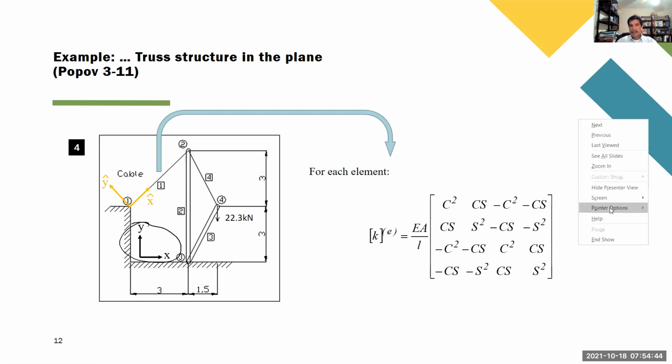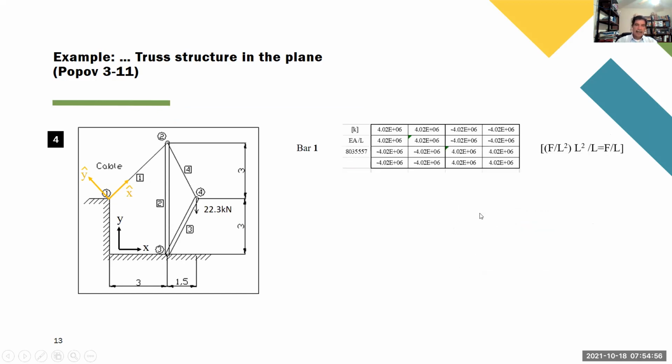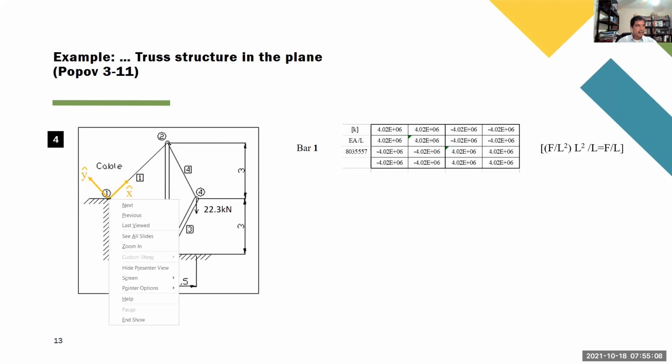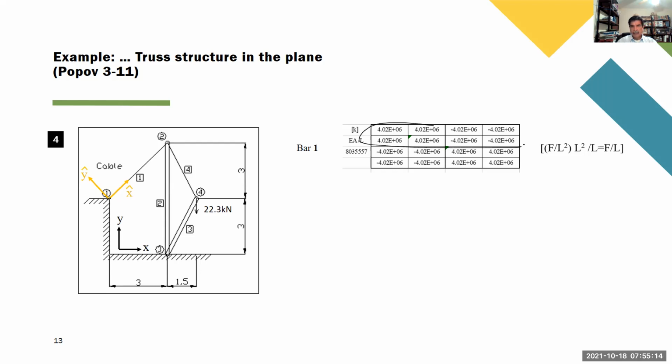Now here, when you see a big C or a big S, what we mean is that it's the cosine or the sine. But I wanted to save some ink. That's why I just write it like that. And for example, this is the matrix for element 1. So this is relating this and that joints. Okay, so what I'm saying is that these rows, they relate F1. I'm writing as a vector. That means that I have two components in X and Y. And this is multiplied by